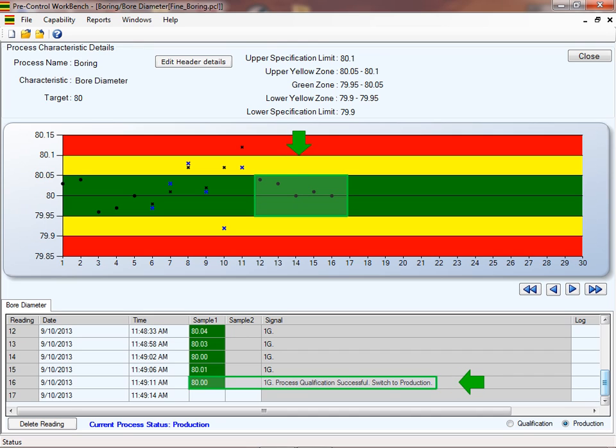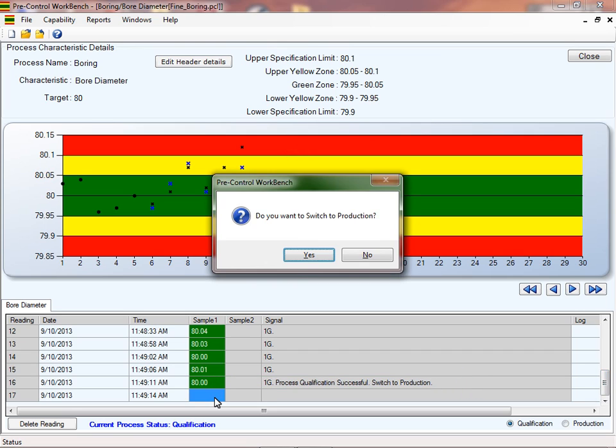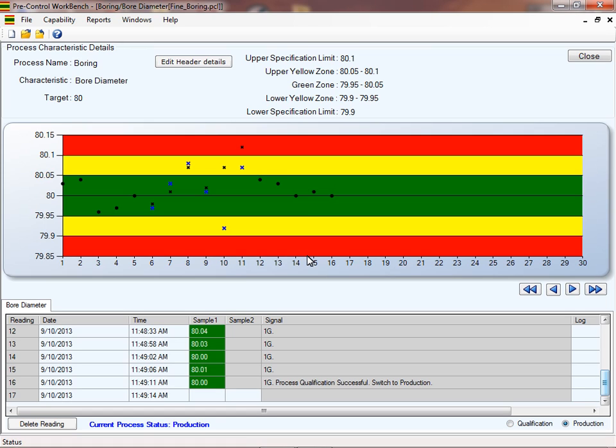The process will need to be requalified with 5 parts in a row in the green zone before you continue pre-control monitoring. You may choose to log events along with the data for analysis and action.